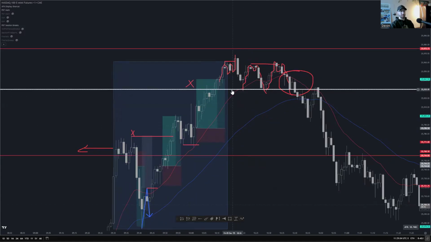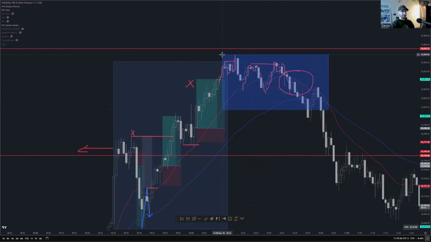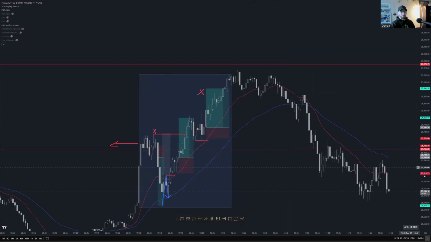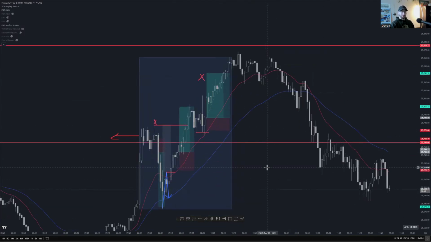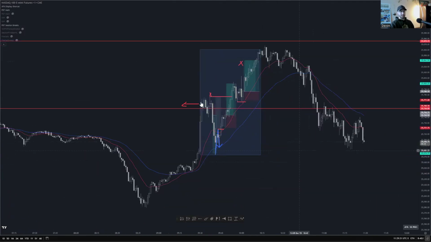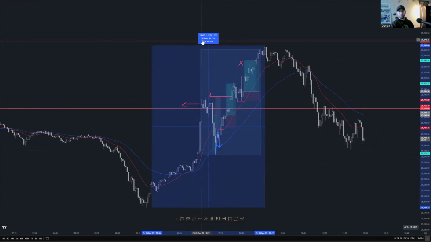It could be anything just like that, right? All the reasons why you think the trade is going in a certain direction are probably true. We never know exactly what's going on because you don't know what people are going to do, or big institutions. Essentially, if you look at this big move here from the low to the high, it's almost 300 points.